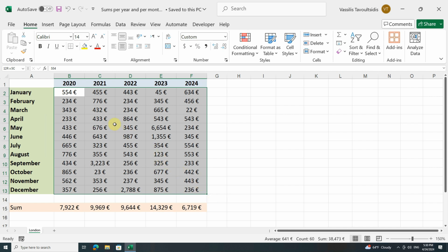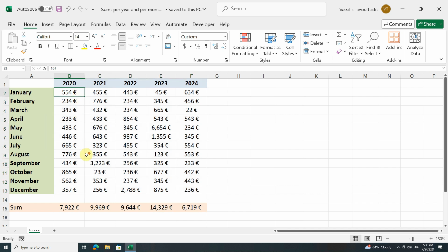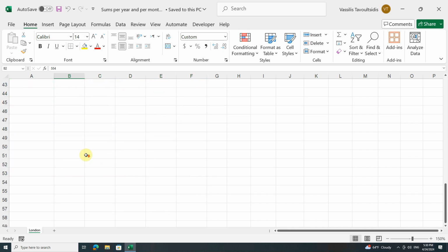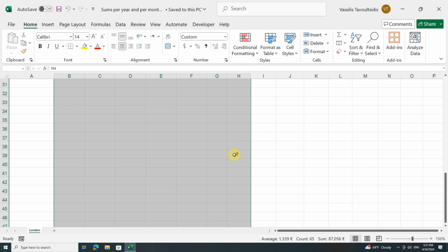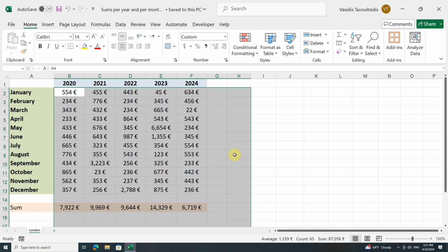For example, I will click again on cell B2 and I will scroll down the worksheet by turning the mouse wheel towards me. I'm not pressing anything on the keyboard yet. Okay, let's say that I want to select until cell H60, so I will now press Shift and I will just click on cell H60 and release Shift from the keyboard. I will scroll up and as you can see I have selected the entire area from B2